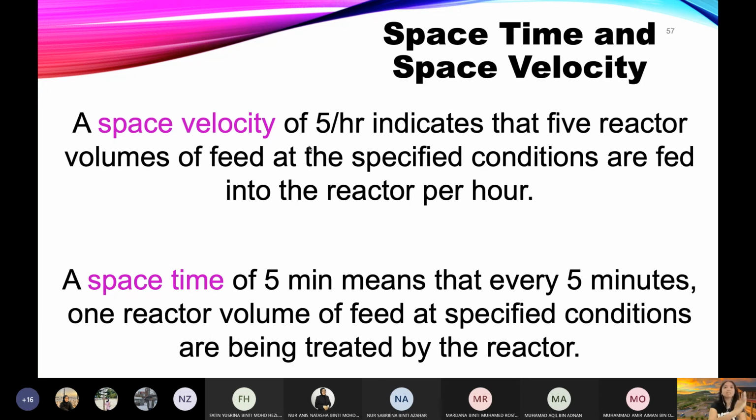But if they say space time tu 5 minit, okay, katakan space time tu 4 minit, maksudnya 4 minit lah. Maknanya how long it takes? 4 minit to across the reactor. 4 per minute means for every 1 minute, 4 kali benda tu akan berlaku. 4 times the molecule, 4 different molecules will across the reactor in every minute, something like that. Okay, so that's the difference between space velocity